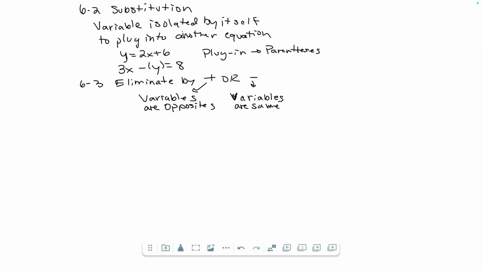An example like this would be like 2x plus 3y equals 9. 2x minus 3y equals 12. Okay, so like here, in a situation like this, you could add or subtract. You could subtract to get rid of the x's. You could add to get rid of the y's. Okay,